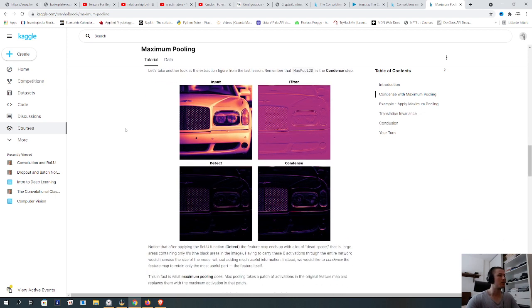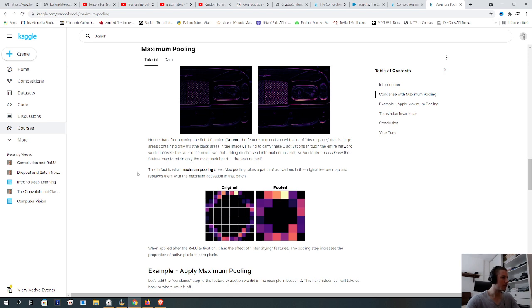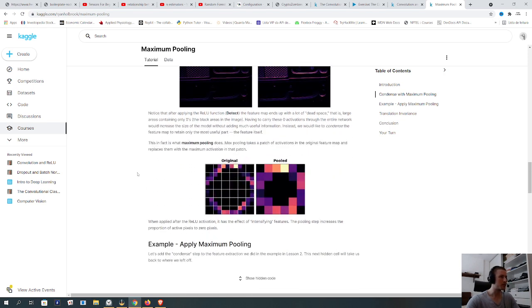Let's take another look at the extraction figure from the last lesson. Remember that MaxPool2D is the condense step. Notice that after applying the ReLU function (detect), the feature map ends up